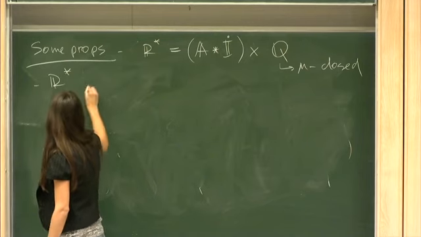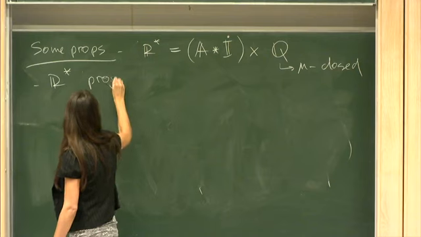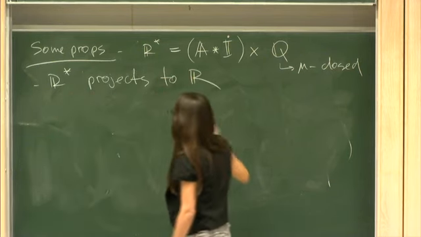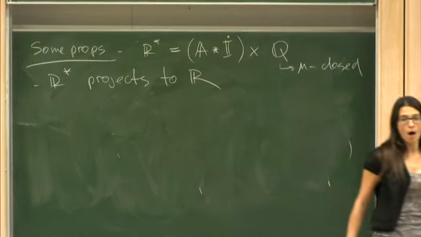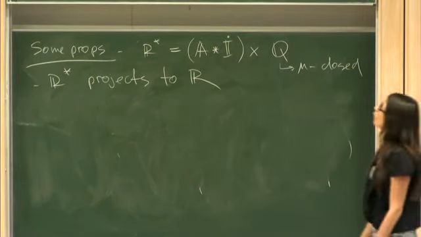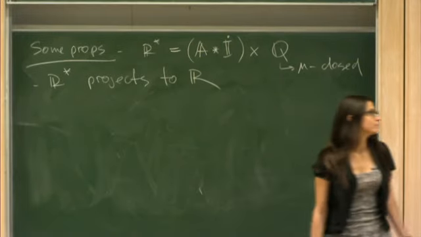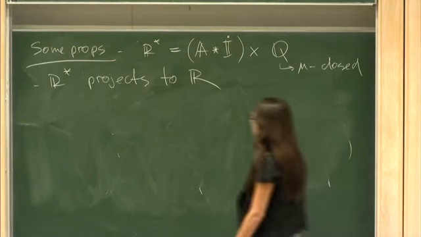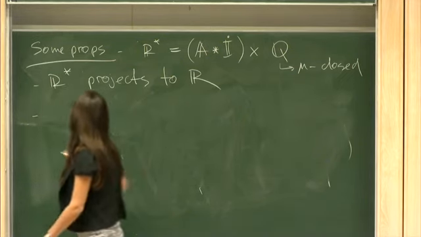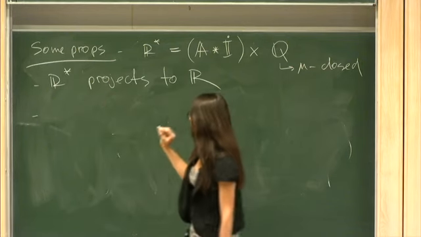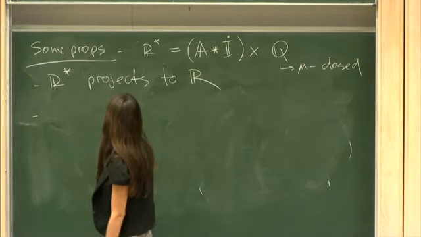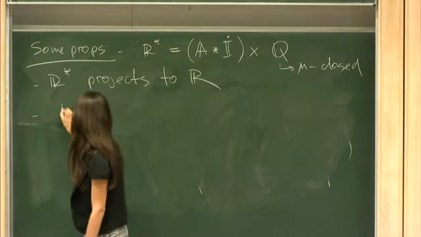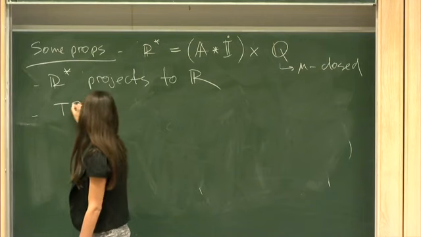Again, one can show that R star projects to R. What about also R projects to A star precre? One can show, and it actually follows from Spencer's results,